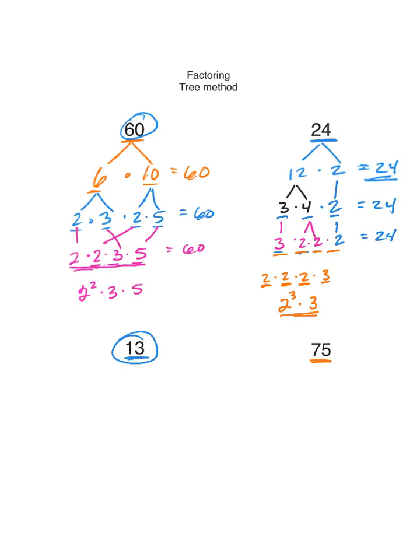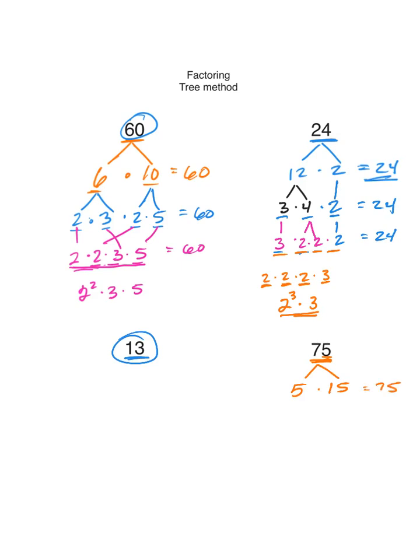1 is not a prime number because 1 is only itself. So it's called a unique number. It is not considered a prime number. So what two prime numbers? Well, when I look at this, I see the 5. So that means this has to have 5 as a factor. And if I go down the 5 column on my multiplication table, I can see that 5 times 15 equals